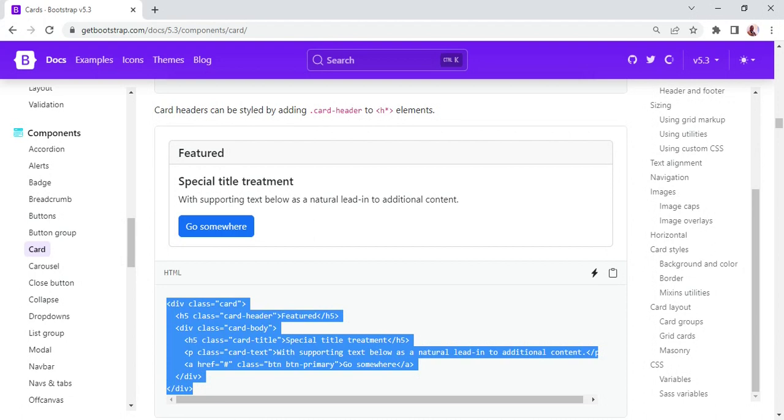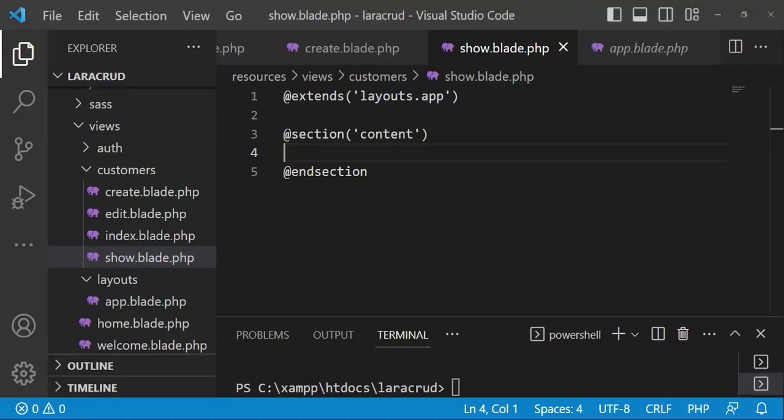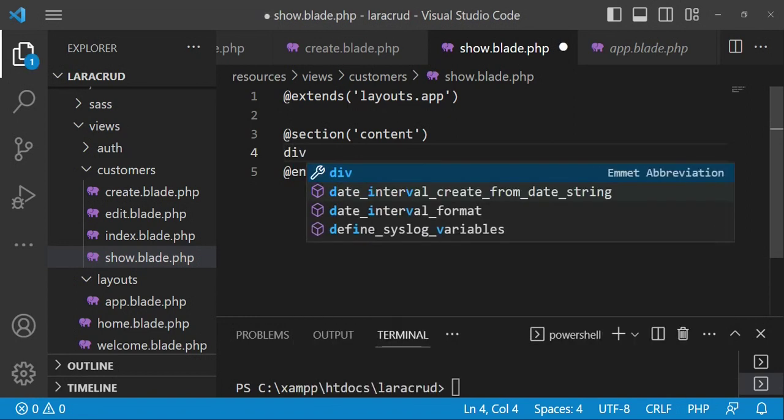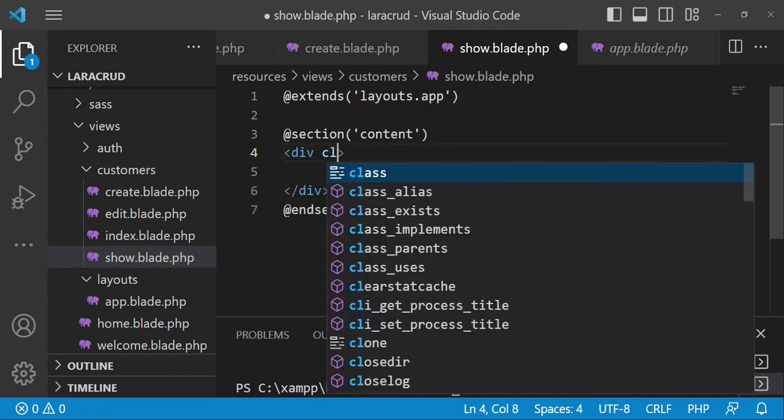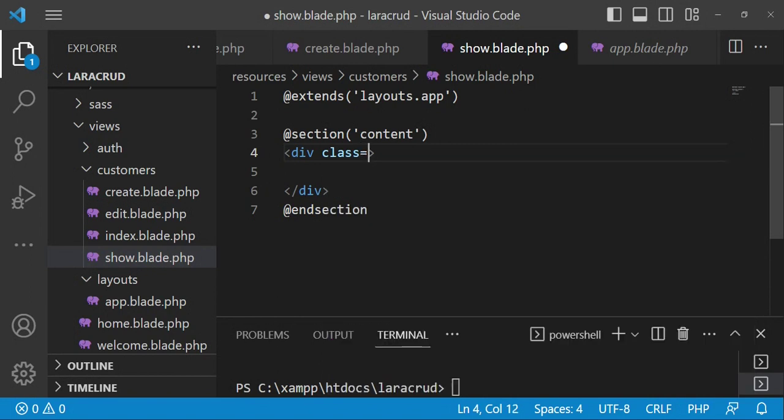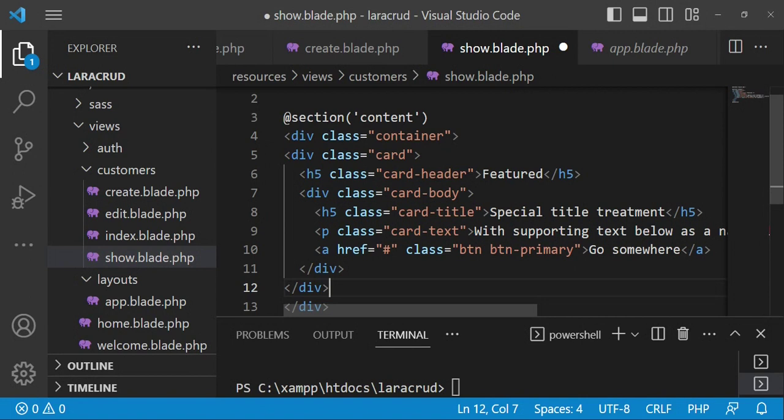And then we can go back to show.blade, and we are going to paste. But before I paste, let me just have a div with a class of container. And then we are going to paste our card,